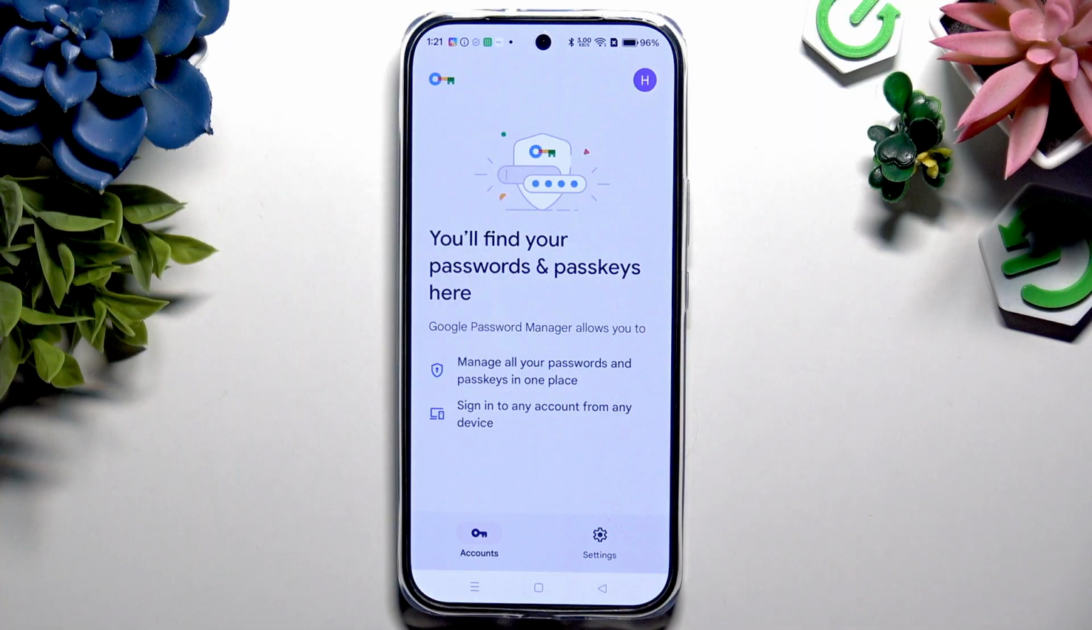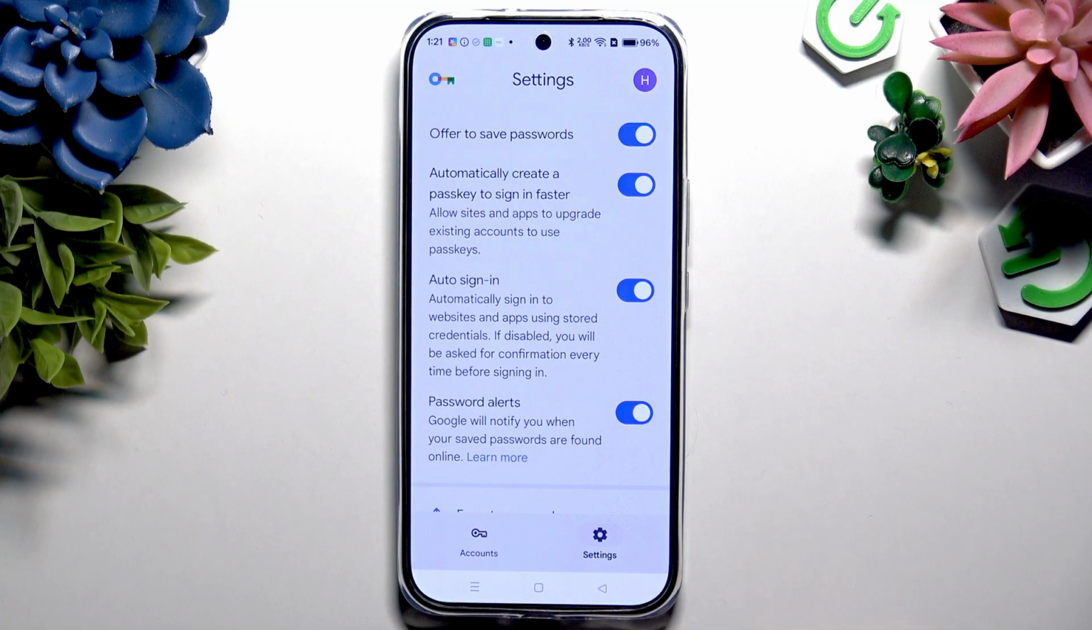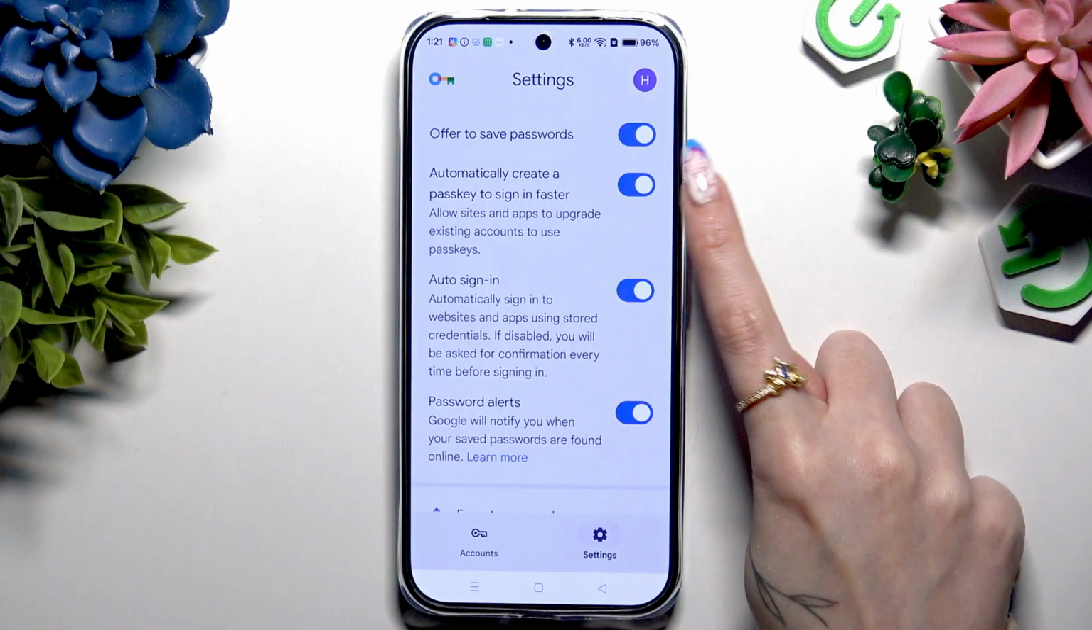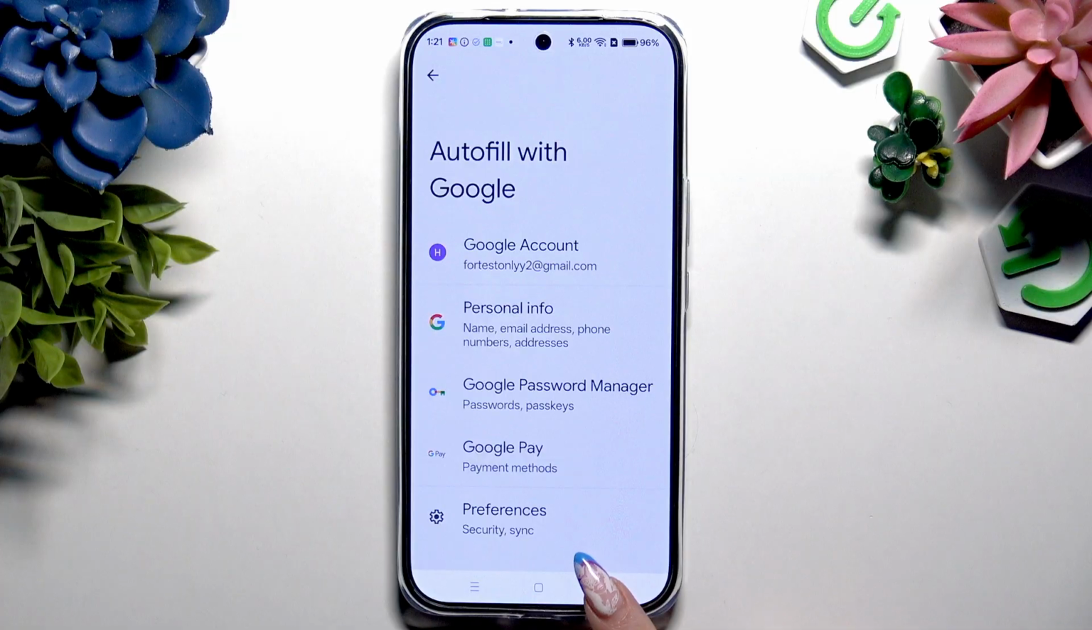If you don't have this option, just like I don't, that means that you never added a password before. To add them manually, you need to have at least one, so to fix it, hit Settings at the bottom right corner. Make sure Offer to Save Passwords is on, then go back, leave your settings opened in the background